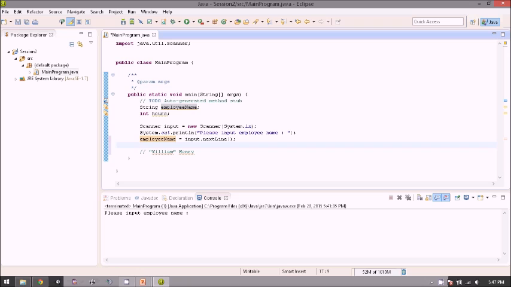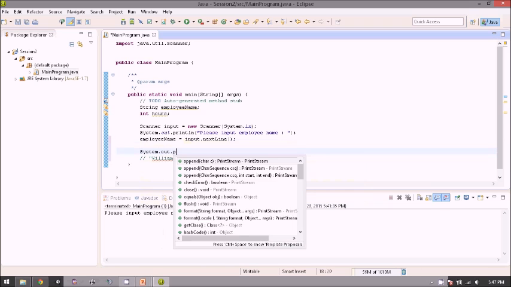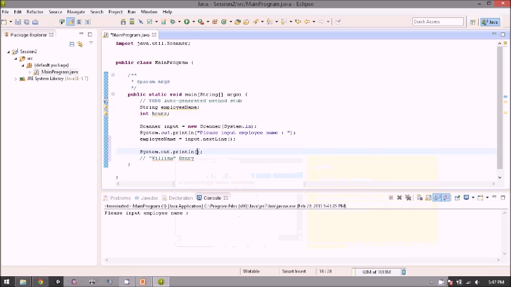So we want to make sure that what we input to the program is already saved in this variable. So just use System.out.println and type the variable name, the employeeName, and just run the program.